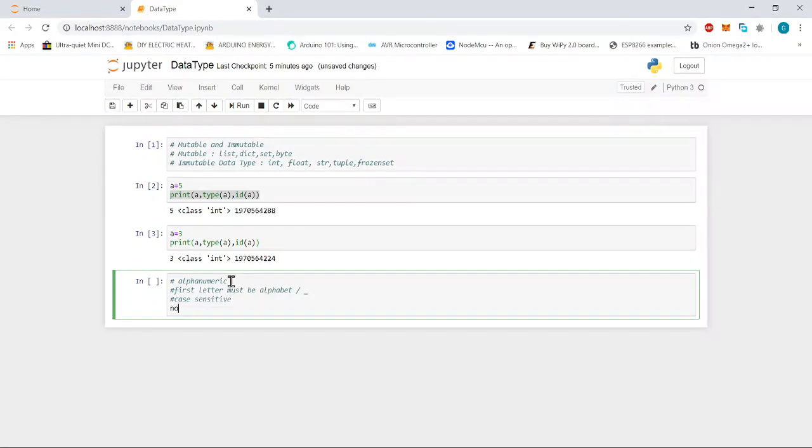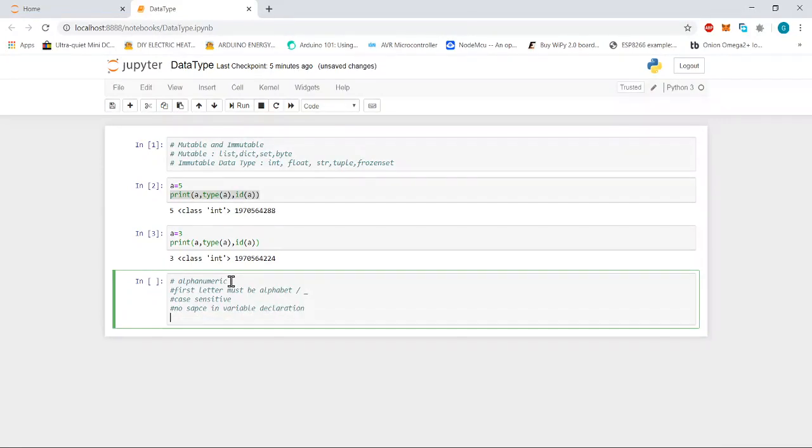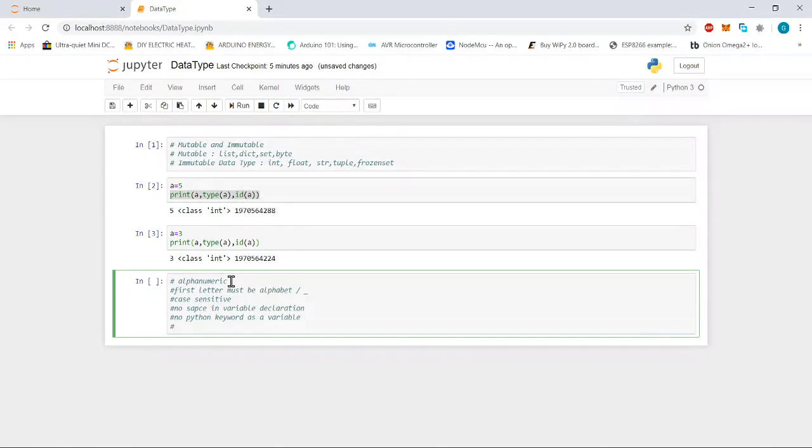No space in variable declaration. We cannot use a Python keyword as a variable. Variable names should be meaningful.